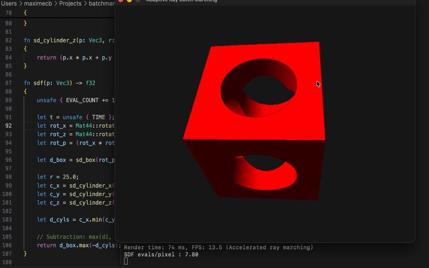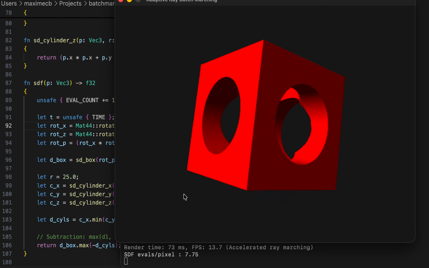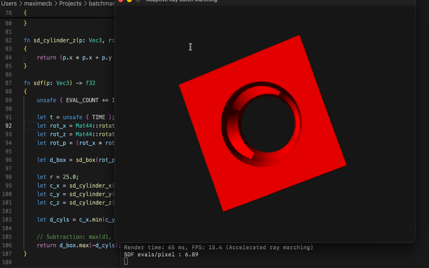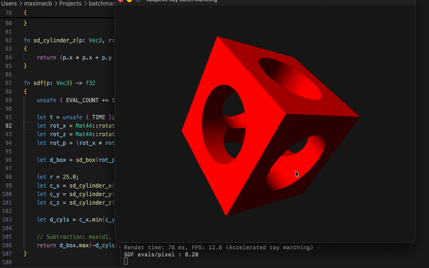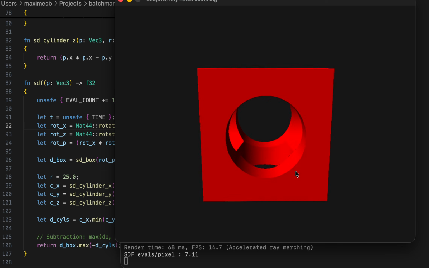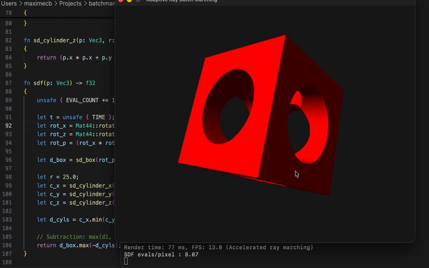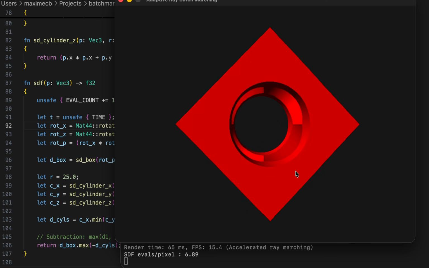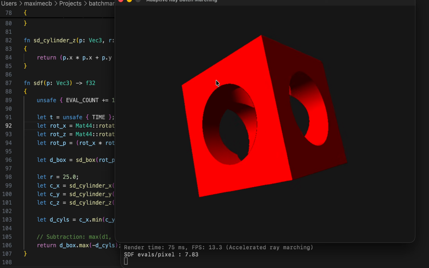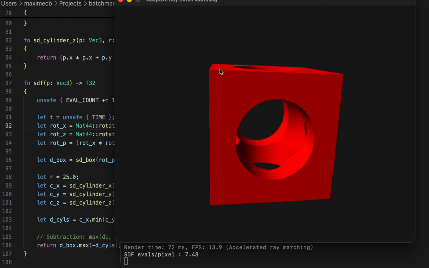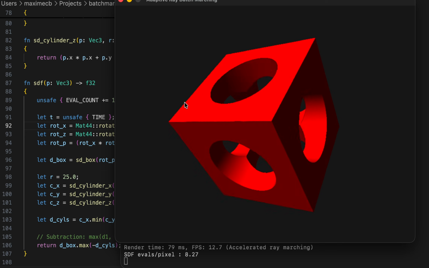So I guess what I'm trying to say is that reducing the number of samples of your SDF function is more beneficial when your SDF function is really expensive. But for a function that's comparatively inexpensive, this might not actually be a win. But so